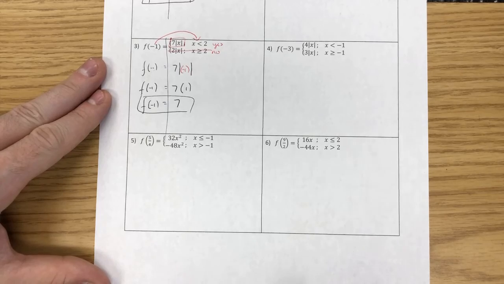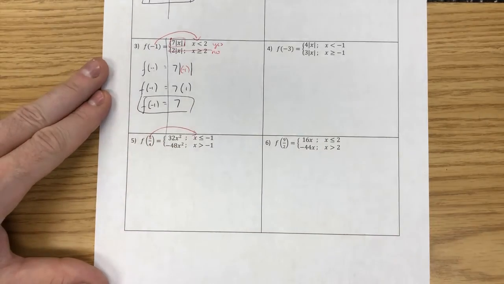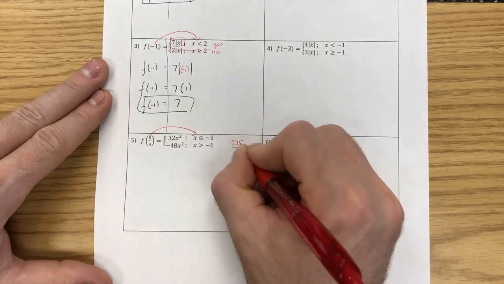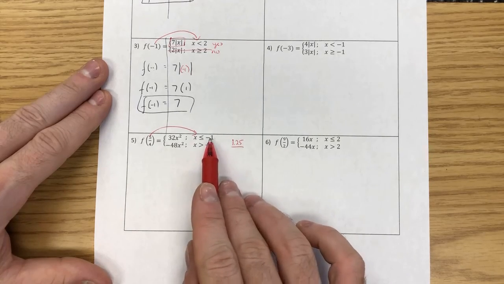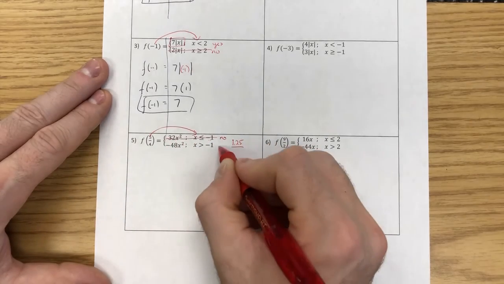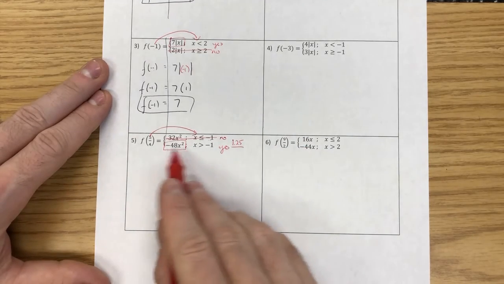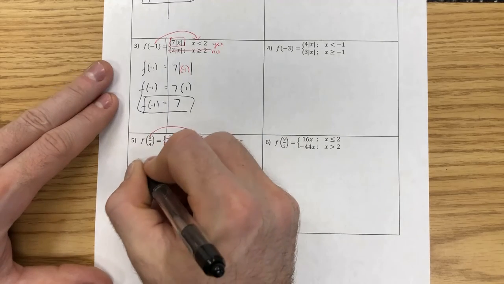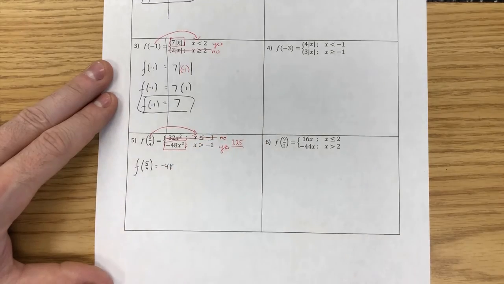Works the same with fractions. I'm going to check the domain and see where 5/4 falls. Well, remember 5/4 is just over 1. It's actually like 1.25. So I'm going to check, okay, good, these are negatives. 1.25 is not less than that. So I'm not going to plug it into the top one. I can, apparently, plug it into the bottom one. Decided to cut my yes off early there. f of 5/4 is equal to negative 48